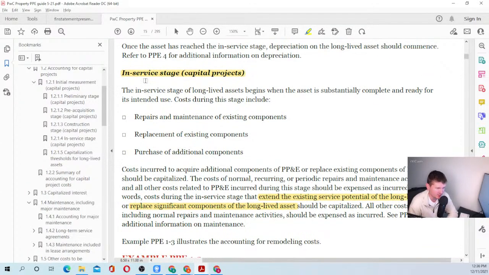And the last stage is the in-service stage, which begins when the asset is substantially complete and ready for its intended use. So intended use for an asset is revenue generation, and to be able to generate the revenue,